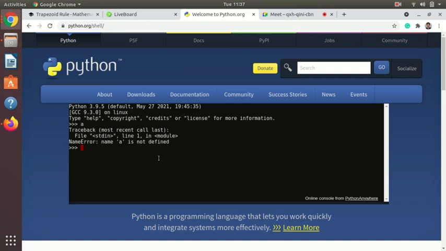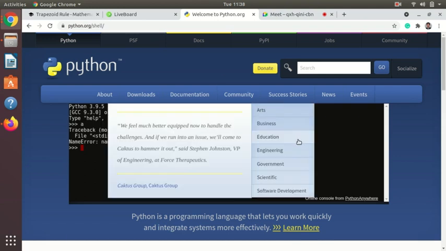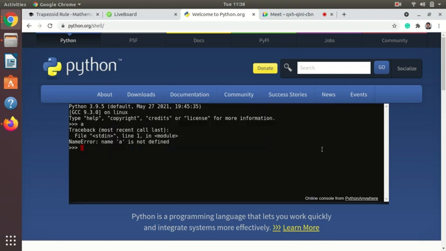So we are working in this, but there are other ways also. What are the other ways? I will show on the mobile later. You will write the code on the editor, basically it is called an editor, and it will execute in the interpreter. So what will that do? It will save your time to write all the program in the interpreter. So I will show you how to write the programs.